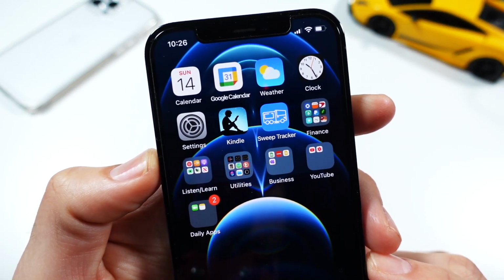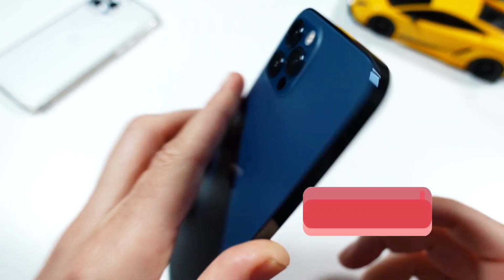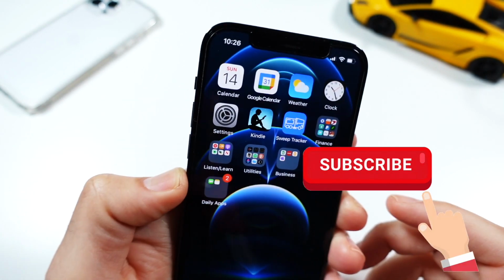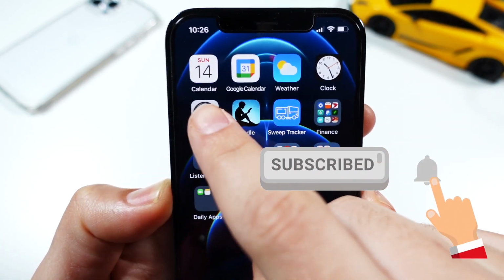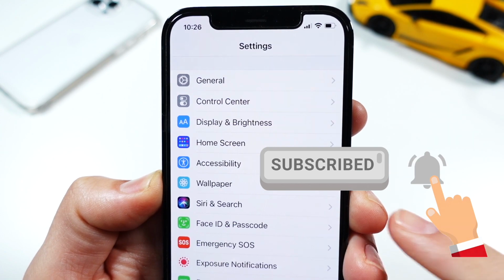12 iPhone settings to change now. So we're gonna use the iPhone 12 Pro for this video. We're gonna go ahead and head into settings for the first one, and we're gonna go to home screen, and